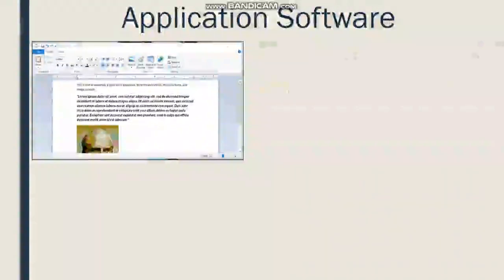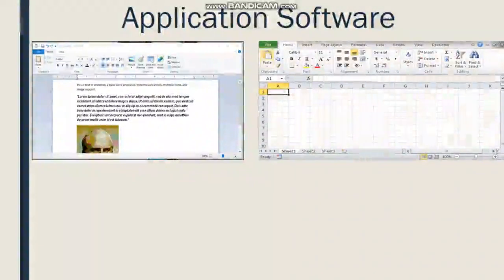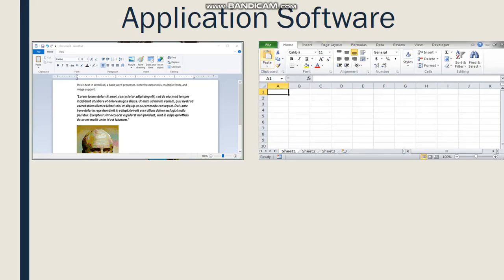The next is electronic spreadsheet. Now what is an electronic spreadsheet? A spreadsheet program helps you to perform calculations and display the data in the form of charts to analyze in a better way. So this electronic spreadsheet will help you to display the data in tabular format, also in graph format, so that you can visualize it properly. It is used to create documents to manage and organize numerical data. So mainly this type of software will help you to manage and organize the numerical data.